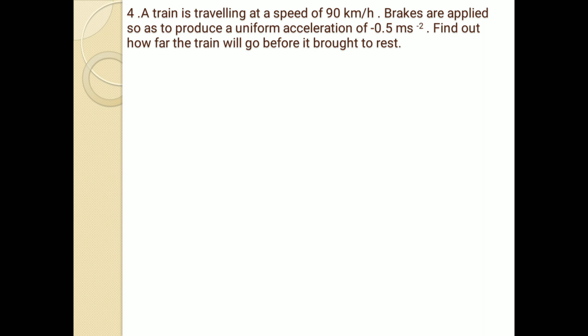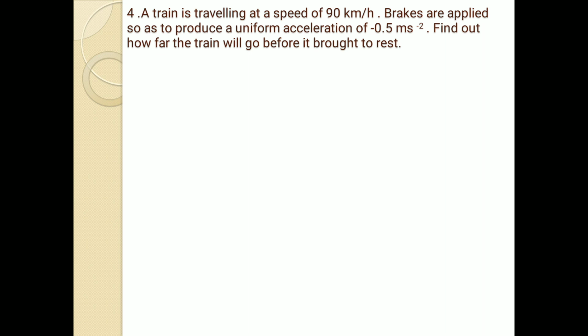Find out how far the train will go before it is brought to rest. It means before coming to rest, how far it travels. Means we need to find out the distance traveled by the train before coming to rest. Is it clear? So once again you listen. A train is traveling at a speed of 90 km per hour. The train is already in motion. Brakes are applied. Brakes are applied means